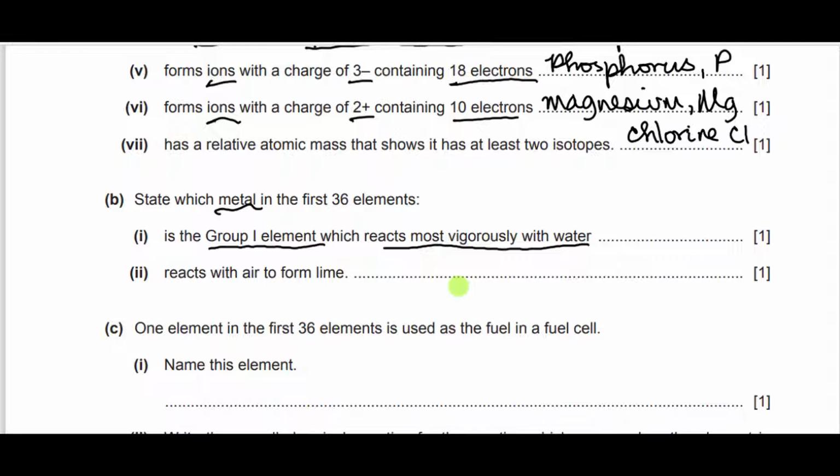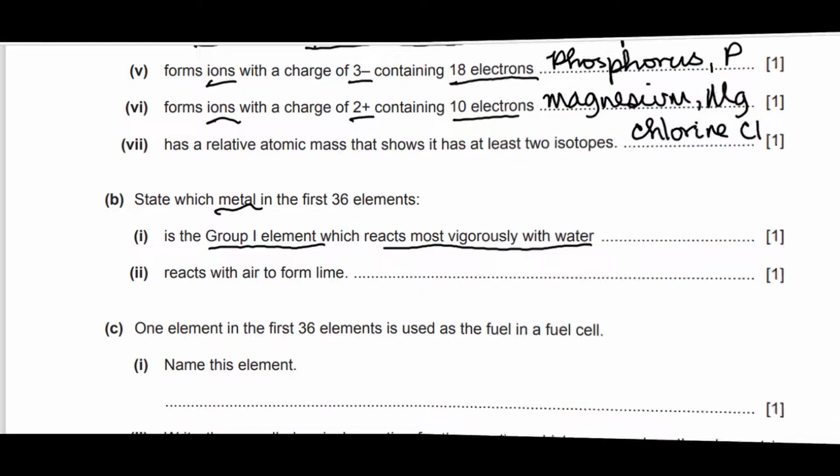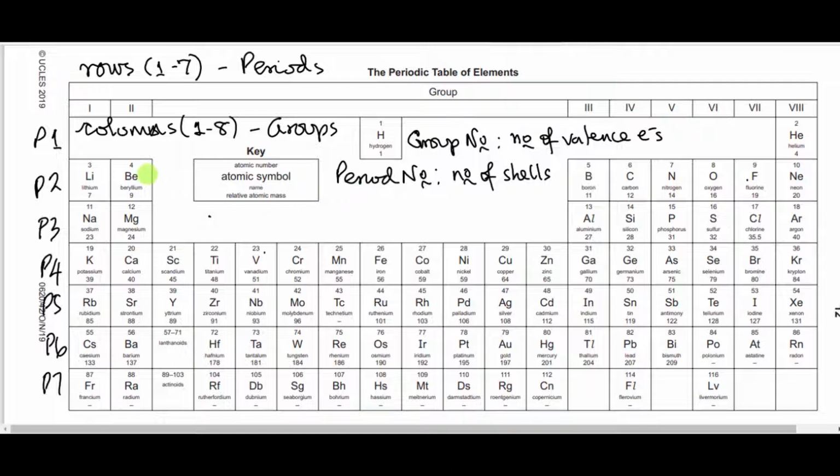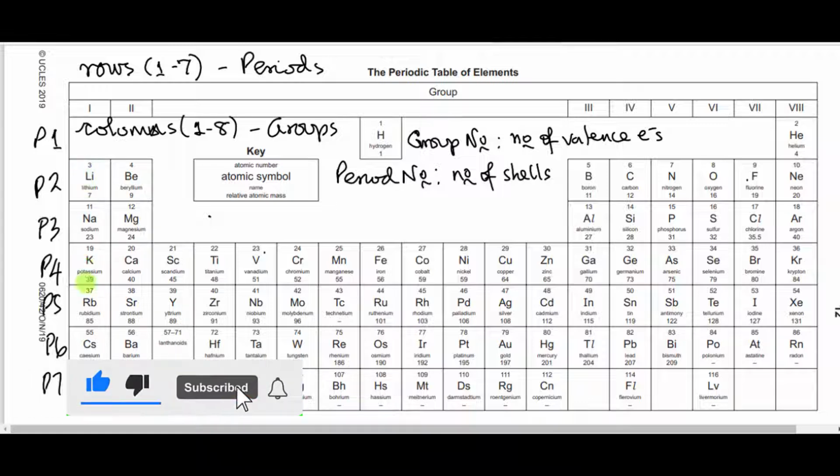water among the first 36 elements. First off, let's go to the periodic table and check the first 36 elements. The first 36 elements start from hydrogen, and end at this one. This is 30, 20, 21, 22, 23, 24, 25, 30 to 36. So that ends at krypton. So that's where our focus shall be, from hydrogen to krypton, right? Based on our reference area, right, we have 3 metals in